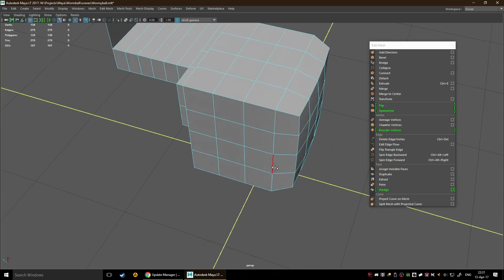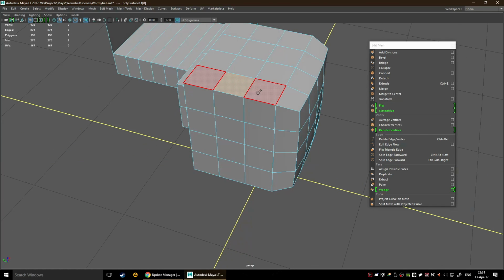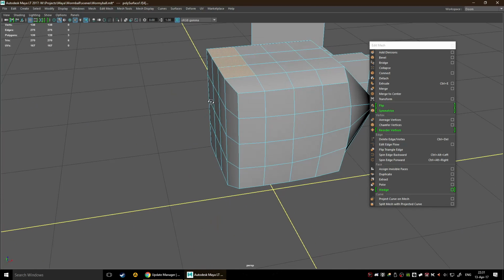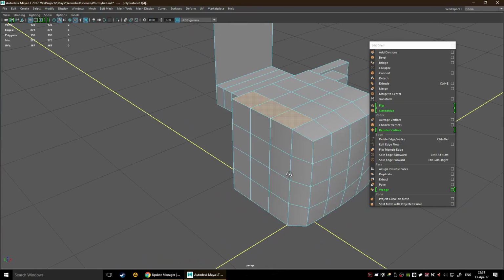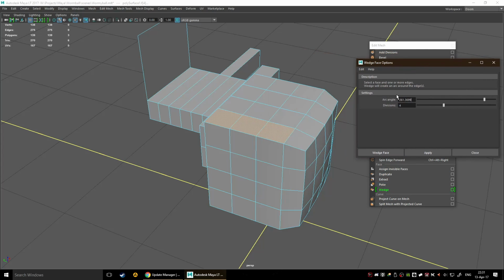Okay, the wedge is very cool. I like it a lot. Basically it allows you to select an edge, or a face. In our case, let's select a face. Let's select this face here, or these three faces actually. And this allows you to rotate around a particular edge, or in this case, an axis. So we're going to select an edge, and we're going to create an arc of 90 degrees maybe. We're going to click wedge face,